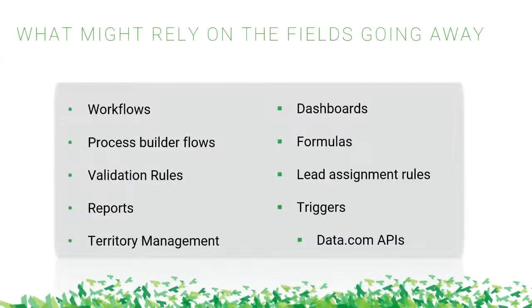And to that point, obviously, our customers aren't just getting this data just to have more up-to-date records, as great as that is. It's really about these process automation features like assignment rules that are pretty mission critical. So any of your reporting dashboards, formula fields is a good one, lead assignment rules, triggers, and then even the data.com APIs, you might think, oh, well, I don't think we've done anything with that. I've been here 3 years and we're not using that. But sure enough, someone might have back in the past. So basically inspecting your Apex code, looking for things like the Dmv company object, or the DUNS number on the account object, things like that are highly encouraged.